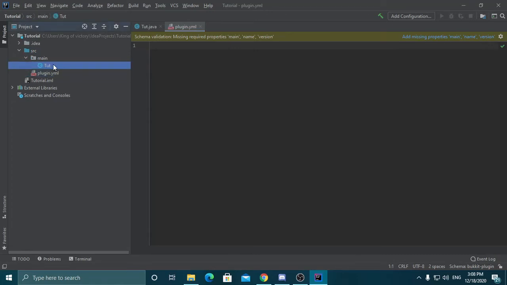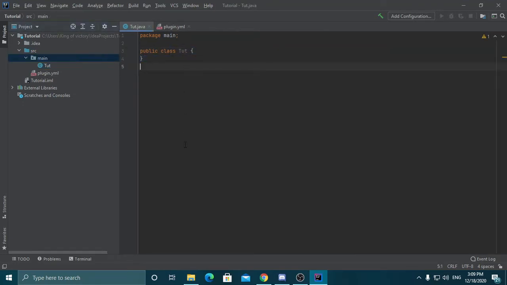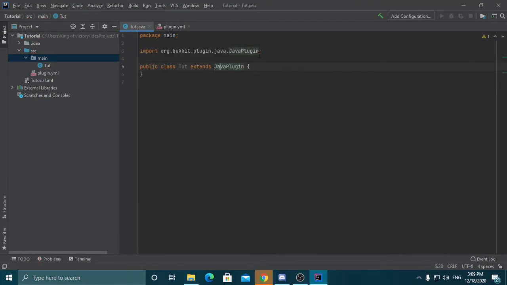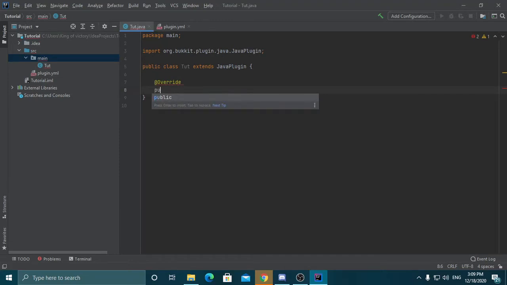Okay, so let's talk about the Java class that we made. You can write the code for your plugin here, or you can make other packages or Java classes and import them from there. So let's start the coding. Let's write extends JavaPlugin. Let's import the JavaPlugin class, and in the next line we're going to write @Override public void